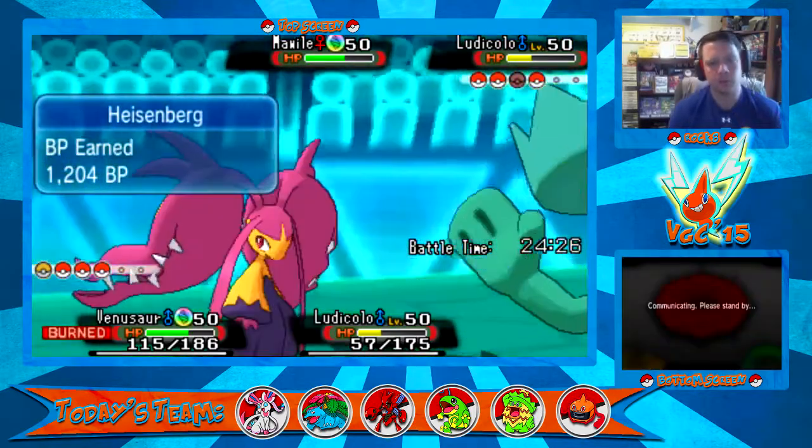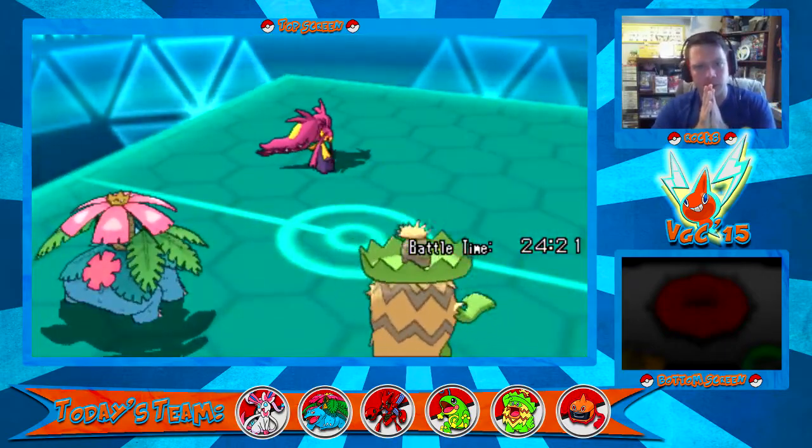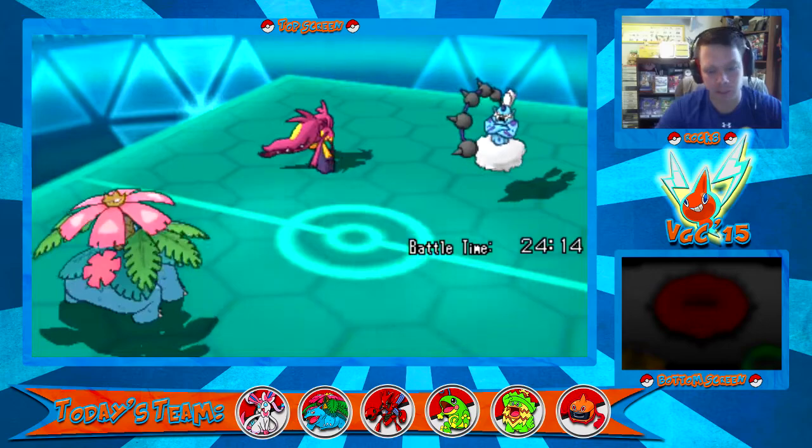I'm going to go in the Rotom. Please don't do anything crazy again. He's going to switch out his Ludicolo, Poly Thunderous. Okay, so he's not going to take the Sludge Bomb nicely, and I'm going to get a switch